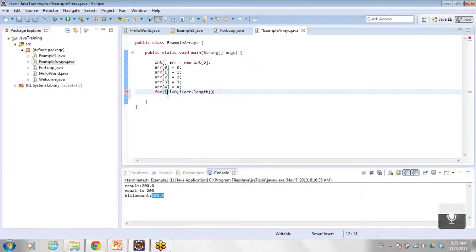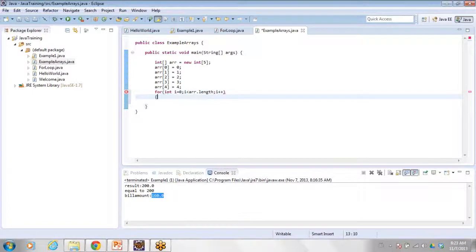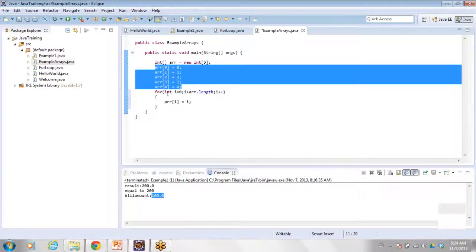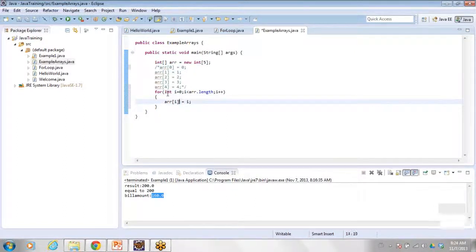So the data type of i is integer. So instead of all these statements, I can write using a loop like this. So here i is the index and here the i is the value.